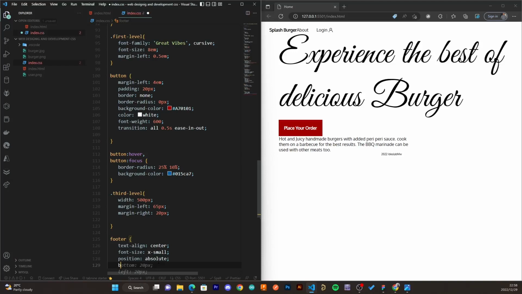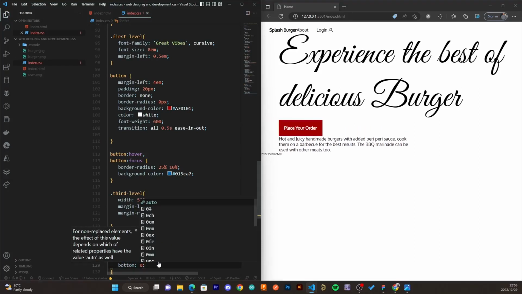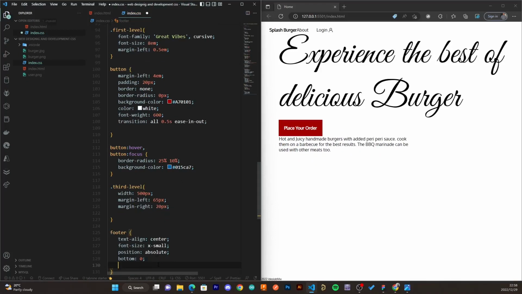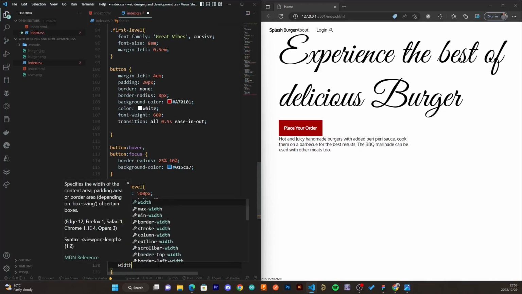So we want to place it at the bottom. So at the bottom, we want to place it with 0 pixels. So at the bottom, you can see it's at the bottom of the page, and we want it to take the width